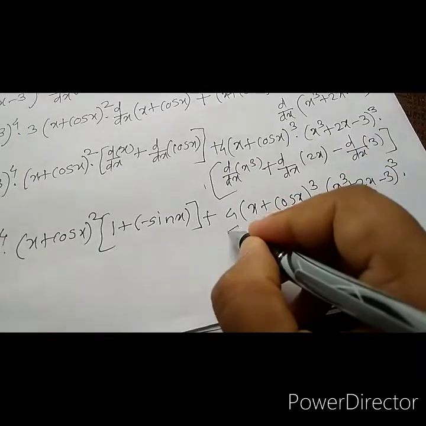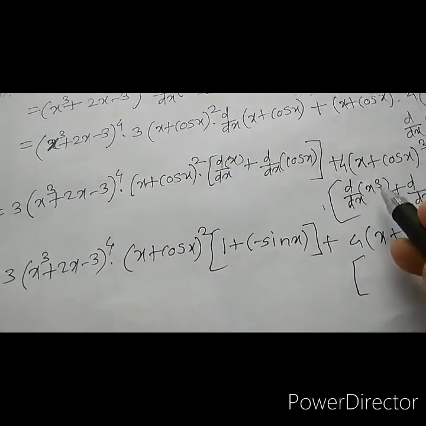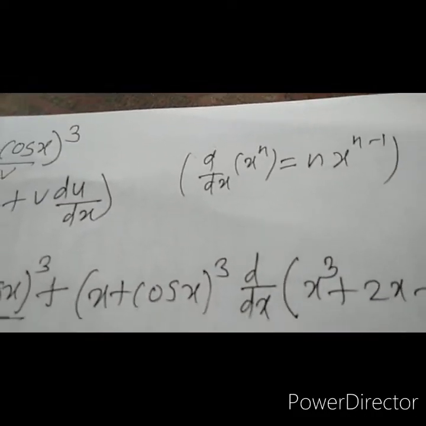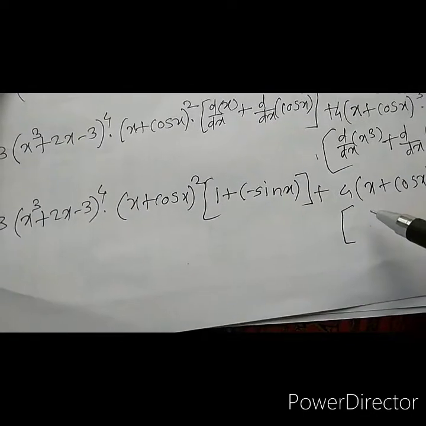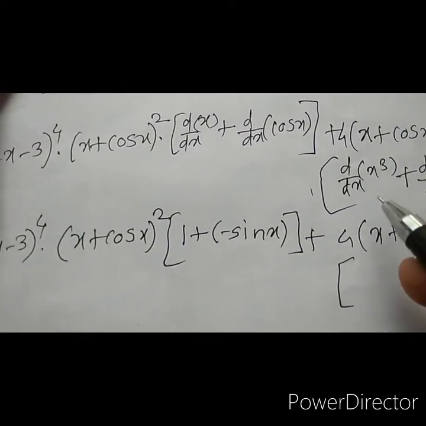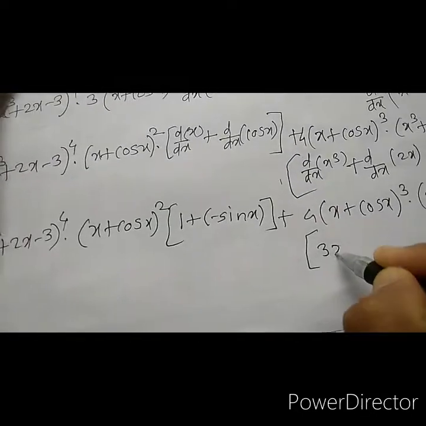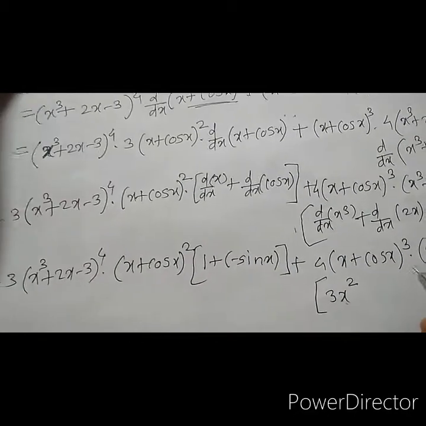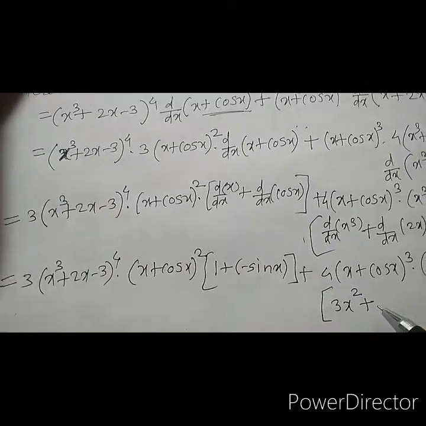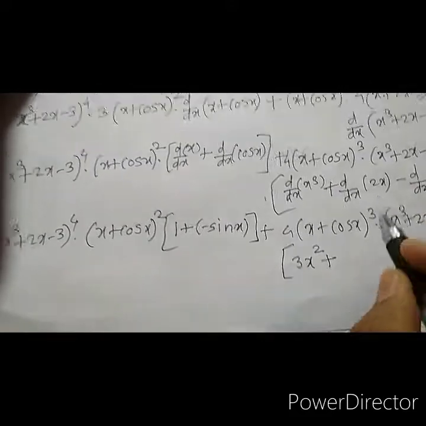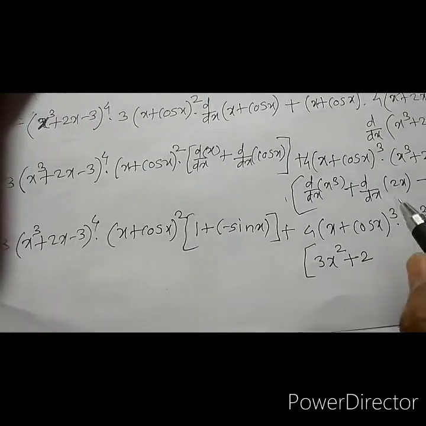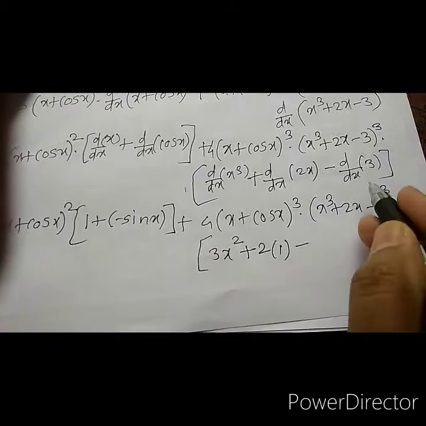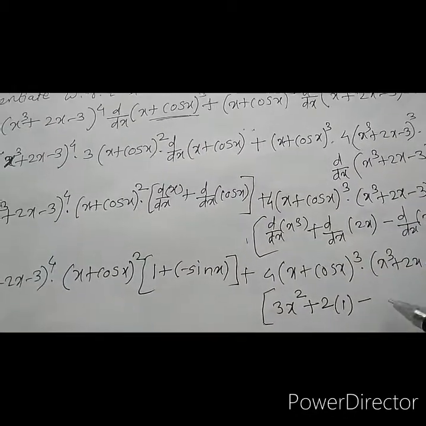into, we have to find the derivative of this x cube. x cube is in the form of x raised to n, and the derivative is n x raised to n minus 1. Here n means 3 is there. Therefore, d by dx of x cube is 3 x raised to 3 minus 1, that is 2, plus 2 is constant, therefore 2, and dx by dx is 1, and d by dx of 3 is a constant term, therefore its derivative is 0.